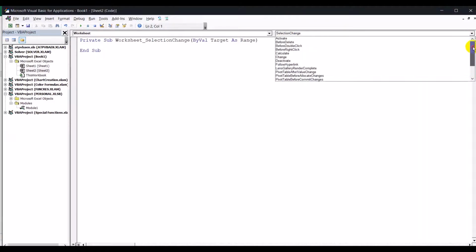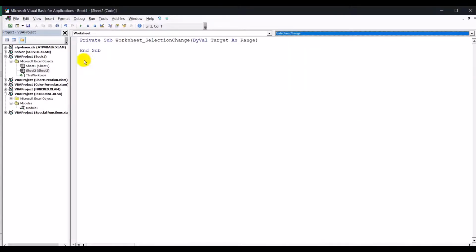These are all called worksheet events. For this particular activity, you need not worry about what I'm talking about here. Only thing is just follow what I'm doing. In my complete VBA course, you will see why this is to be done, what the benefits of it are, etc. But now you just need to see this.